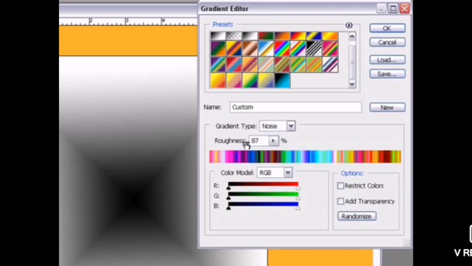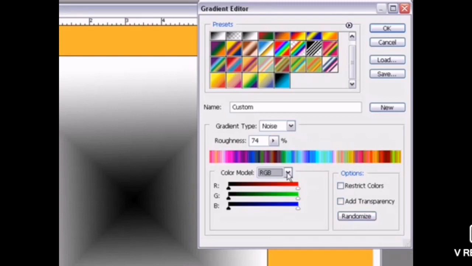So noise means what? Roughness. So what does roughness mean? Roughness means we are adding different colors or new colors into the same pattern. So suppose it is the same pattern, or if I want to add a new pattern, I can add it into the colors. Now color model, you know RGB and different models are there.